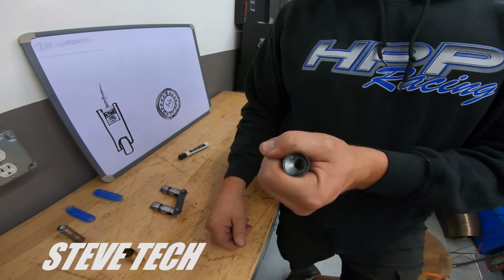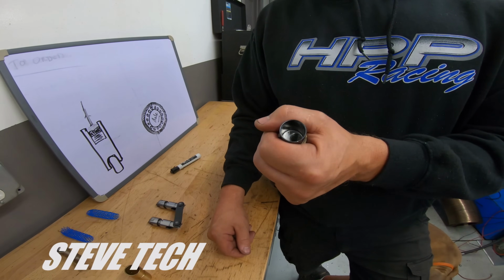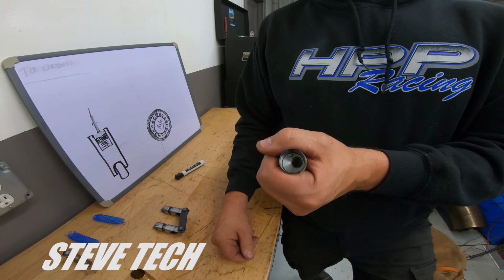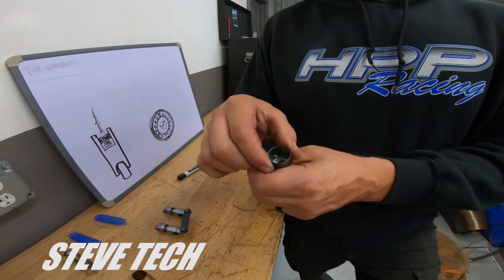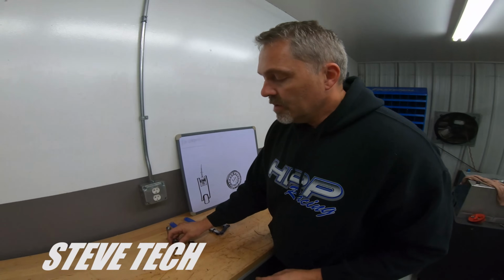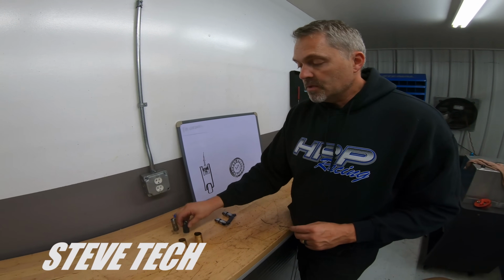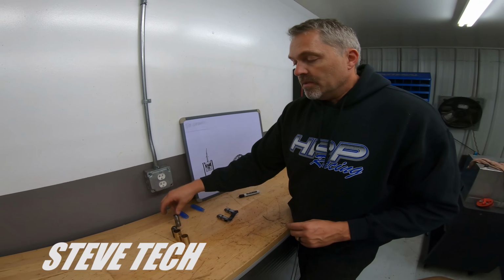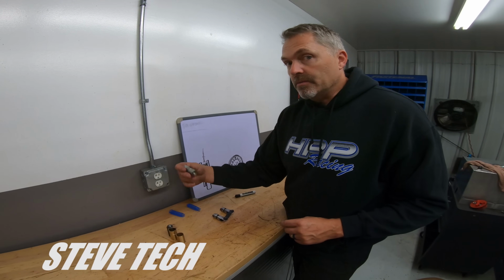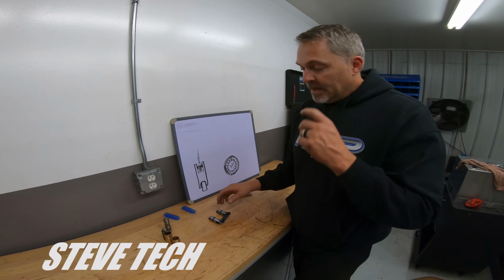It is a mother to get these lifters out if you ever do have a problem. On the side of the road in a cornfield like what we do in Drag Week, that's a big deal to get that thing out. It sucks. So anyways, I like to use the tie bar lifters versus the Keyway lifters just because of those two reasons right there. The hydraulics, kind of talked about that and what you can do with a solid lifter on a hydraulic camshaft. Now we'll talk about